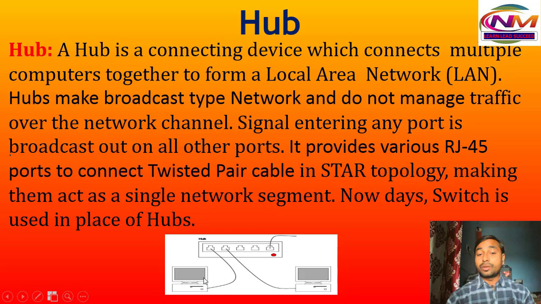You can see here two computers are there and one physical device is there. The physical device is getting access to the network by an external source, and these two connections are called RJ45 connectors. With the help of that, these devices are connected. So what is a hub? A kind of connecting device which connects multiple computers to form a local area network.